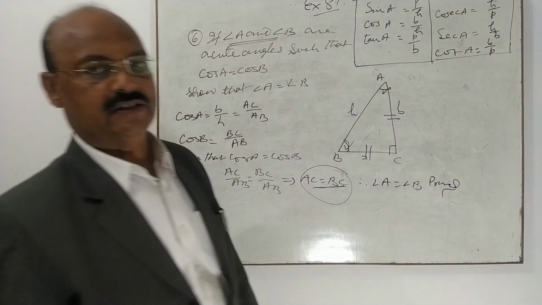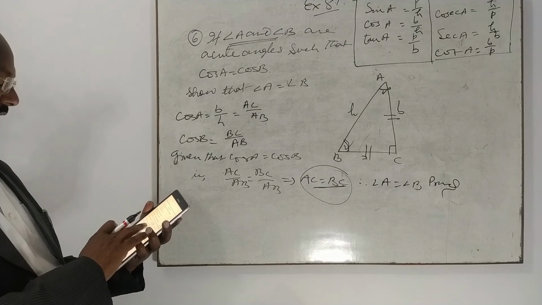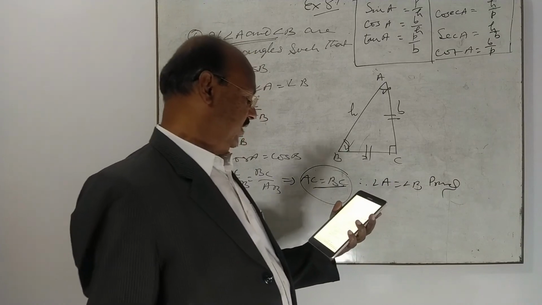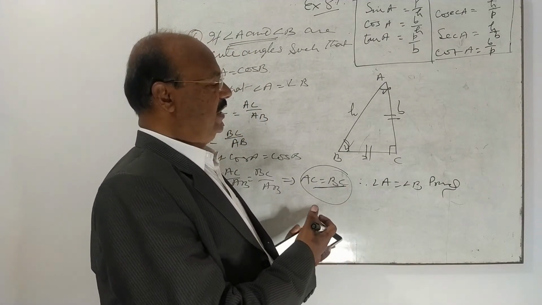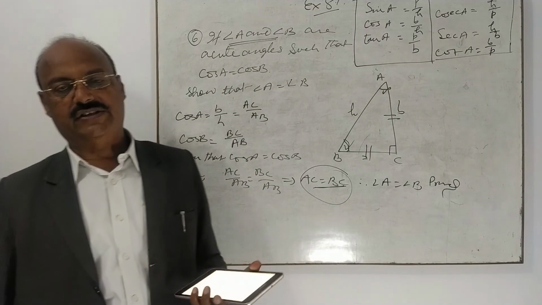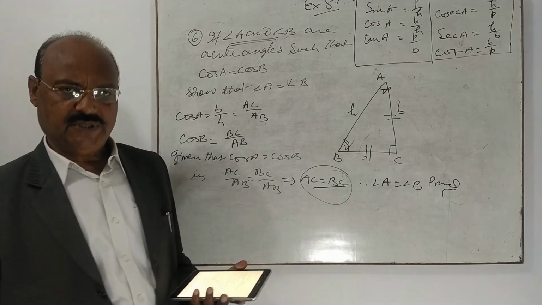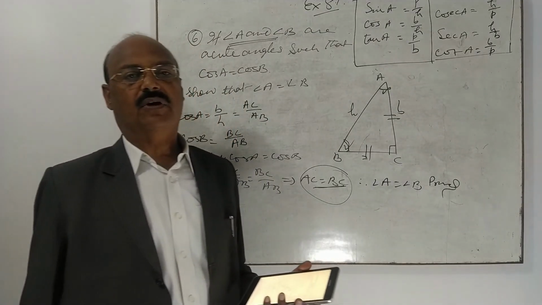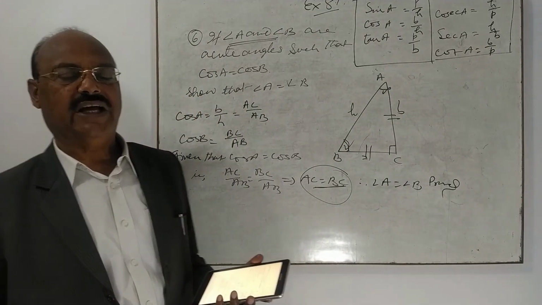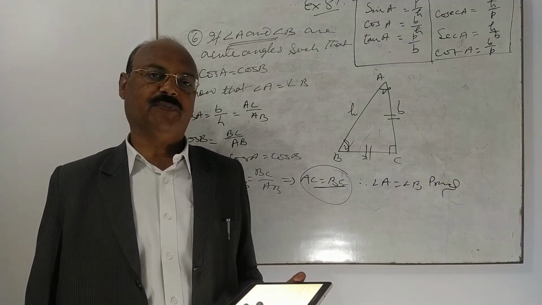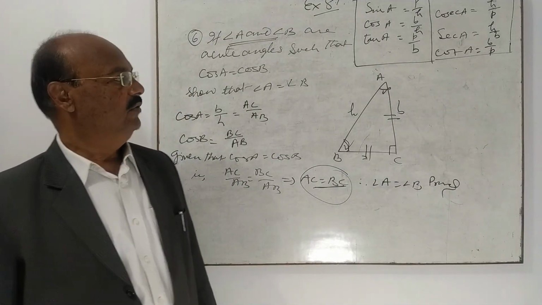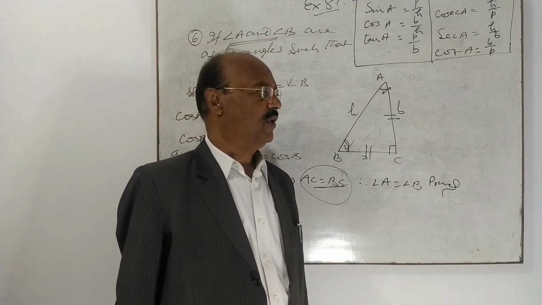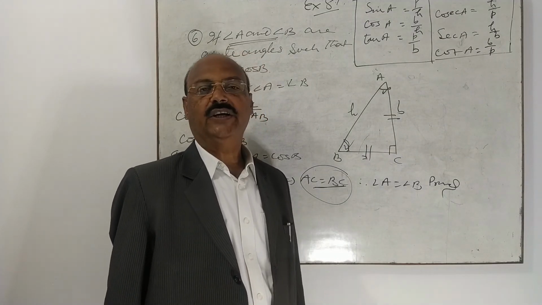Proved. Very simple. Now only 11 questions are there, but these questions are very simple, so just proceed accordingly. You can do all the questions very easily. As I have suggested, you do all the exercises and do some more problems from other books also, so that you have command over this topic. In the next video, we'll do the next part, trigonometric angles, and some problems from exercise 8.2.